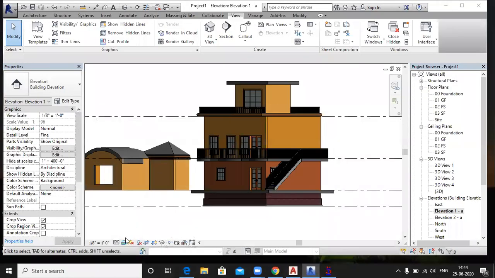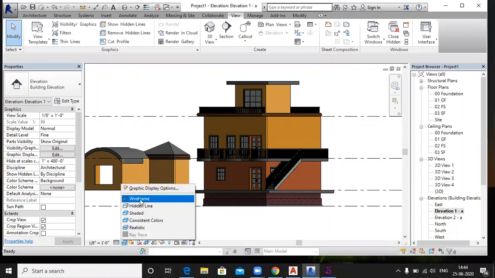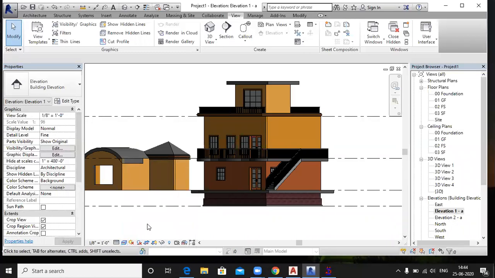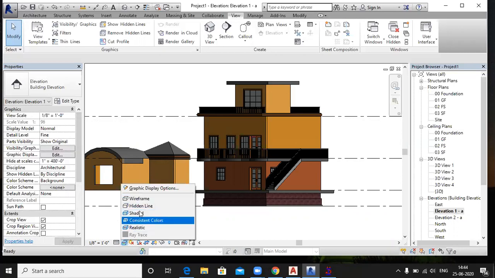And this is your visual styles. Visual styles means this: whichever is wireframe, hidden, shaded, constant colors, or realistic. All these options are called visual styles. Any problem in this views? Sir, in the 3D view...